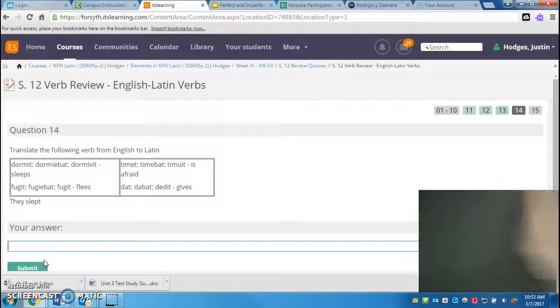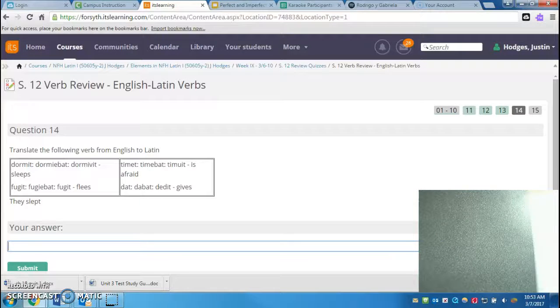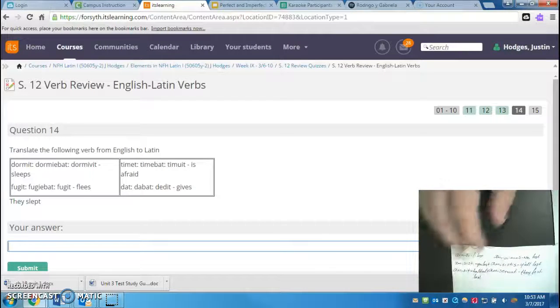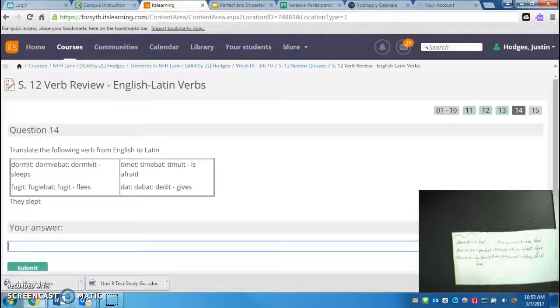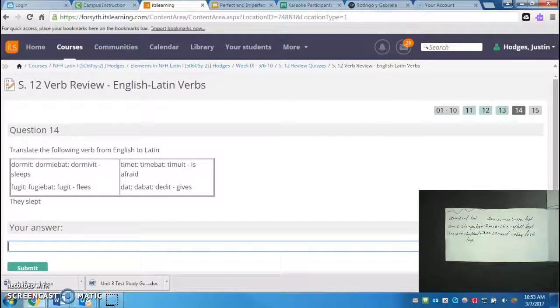They slept. That is perfect tense. Happened in the past. Happened once. Okay. They. E isti it imus istis erunt. Third person plural would be the last thing we said. So we know the ending is erunt. We take dormivit, take off that it and replace it with erunt. So we have dormi. Oops, I almost misspelled it. Dormiverunt.